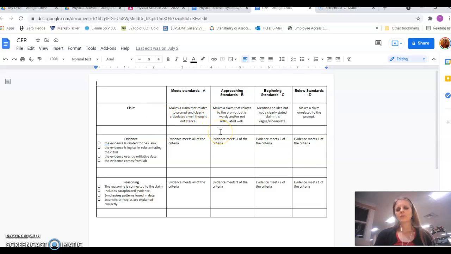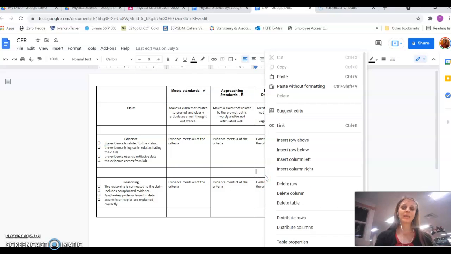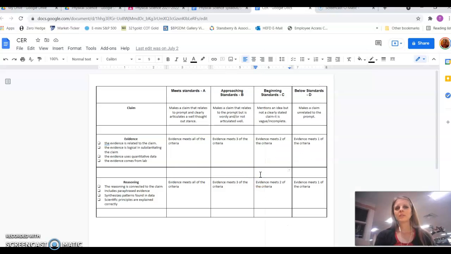So let's say I'm going to grade the evidence in September, their evidence skills. They might be down here in the C range, and that's okay because they're just learning how to show their evidence and have the right type of evidence. And so then I'll put a date and some notations. Maybe we look at evidence again and I grade it the next month. And they move themselves up to A because they really learn, oh, this is what I didn't do right, and now I got it. Then you'll see the new date here.